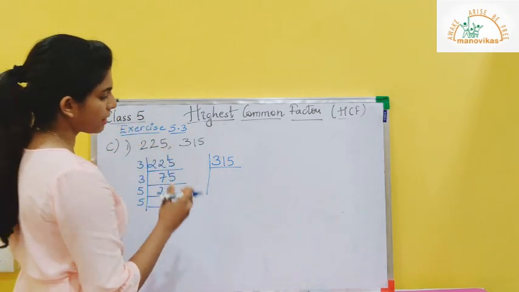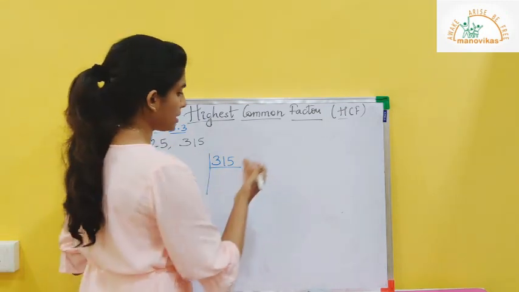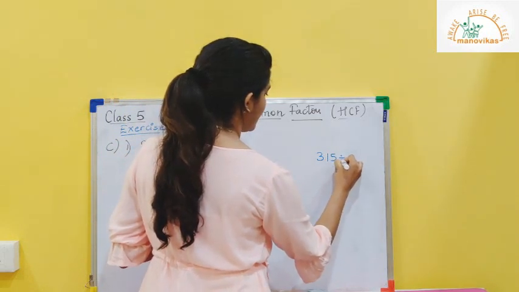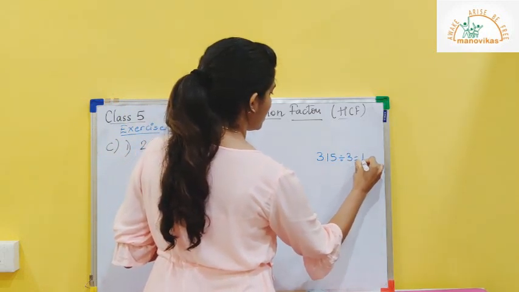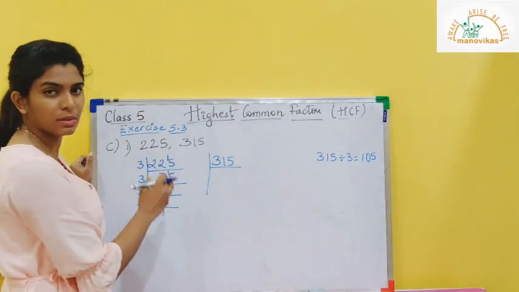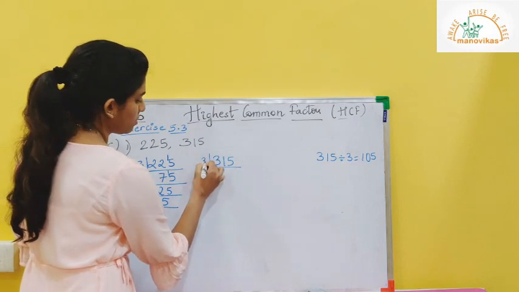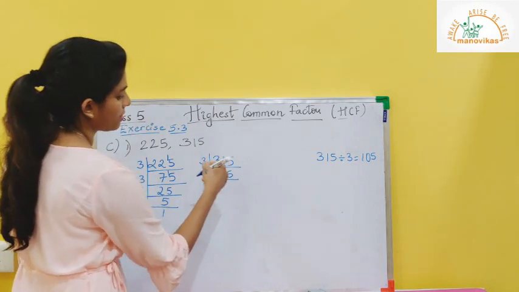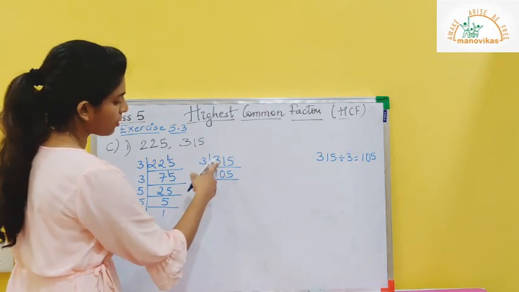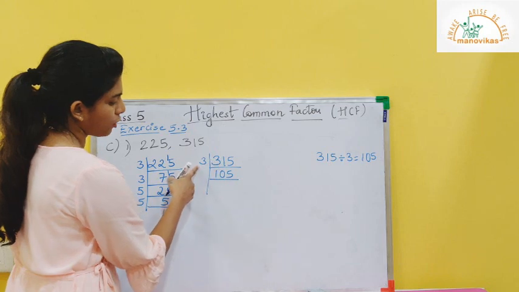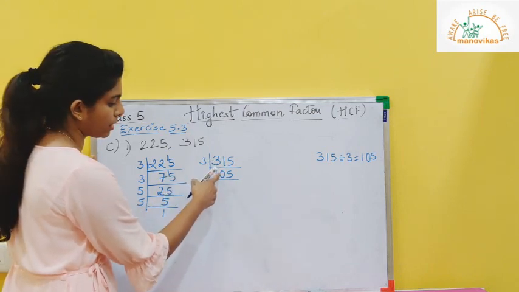Now when it is a big number, if you are not sure, you can always divide a number and see. So 315 divided by 3 will be 105. So it is 315. It is not divisible by 2. So I took 3. 105 is 315. How I got 105? 3 1s are 3. Now 1 is smaller than 3, so I write 0 here.